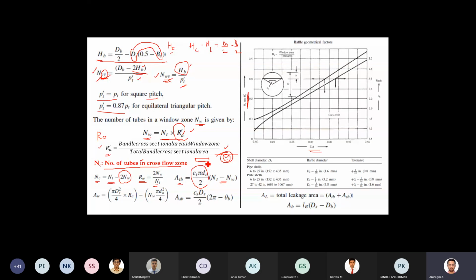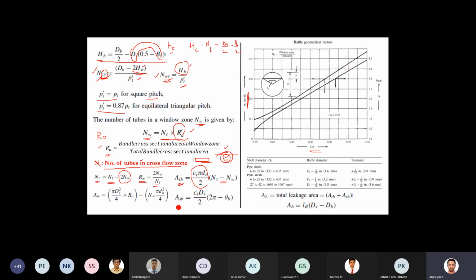So this is the circular one. If you expand it, it's almost a rectangular one. So this is the clearance, and this is your perimeter. Okay, so that is pi d naught by 2. That's the averaging.